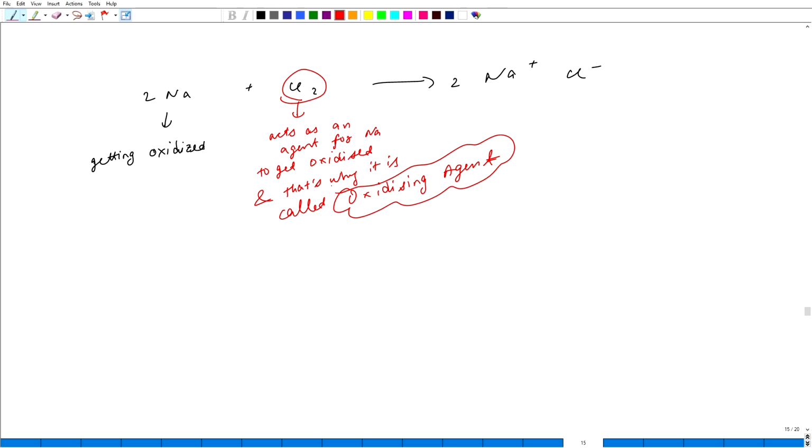Keep this in mind, that sodium is getting oxidized, and chlorine is acting as an agent for sodium to get oxidized, to lose the electron. That is why chlorine is called the oxidizing agent. Similarly, we know that chlorine gains electrons to form Cl minus. From where is it getting electrons? What is prompting chlorine to gain electrons? Sodium. That means similarly sodium acts as an agent